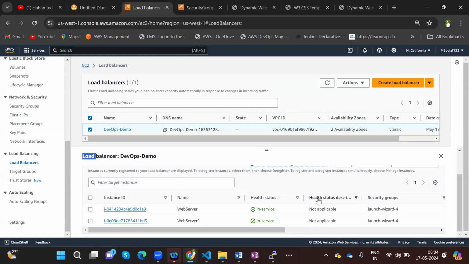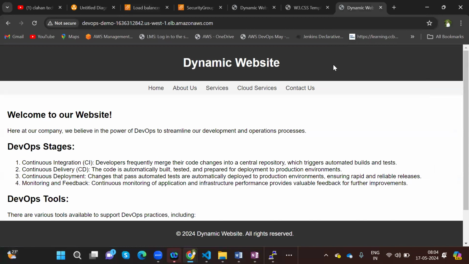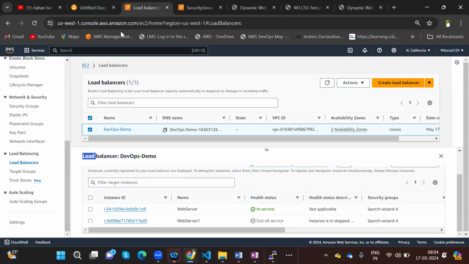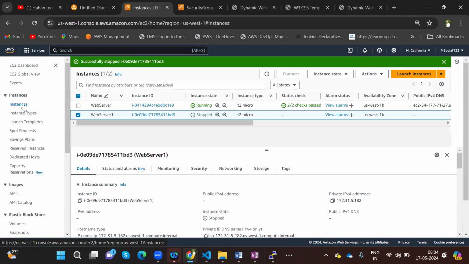When you come down, you see that both are showing in service, and one service is Web server 1, which is out of service. That is the reason my load balancer is not redirecting traffic to this particular web server 1. If I go back to EC2 instances now, let's see how a load balancer automatically detects the health